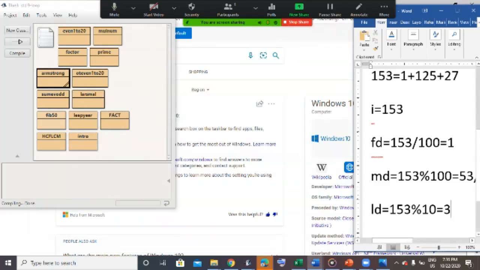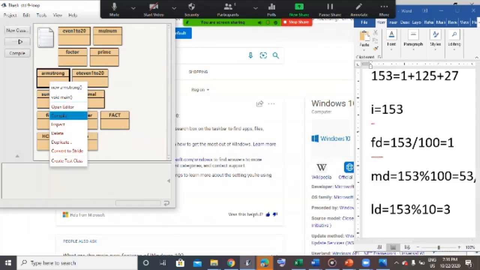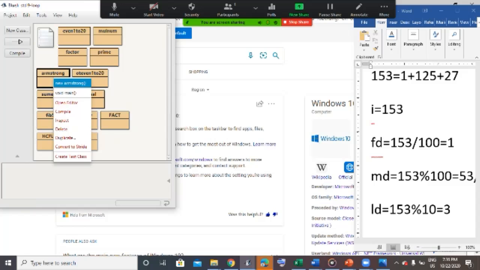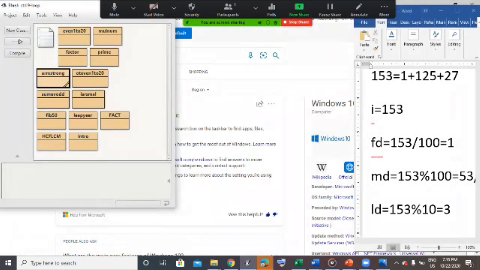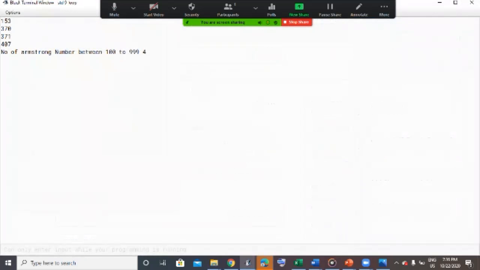Now I'll run this program. You can see 153, 370, 371 and 407. So the number of Armstrong numbers between 100 and 999 is 4.